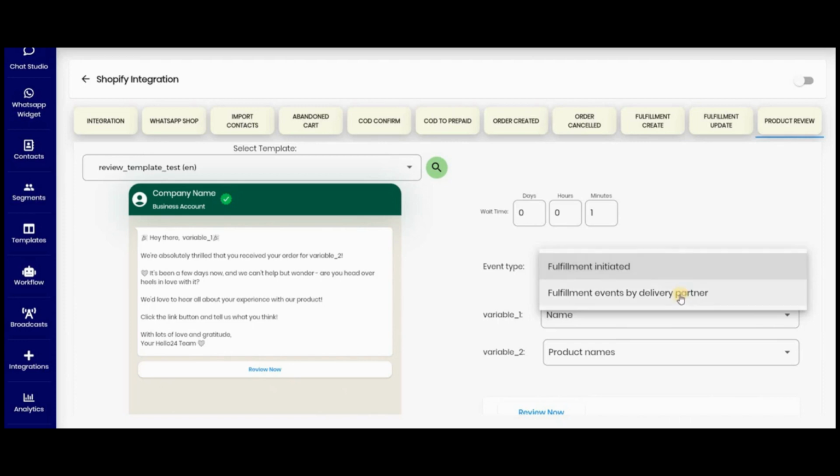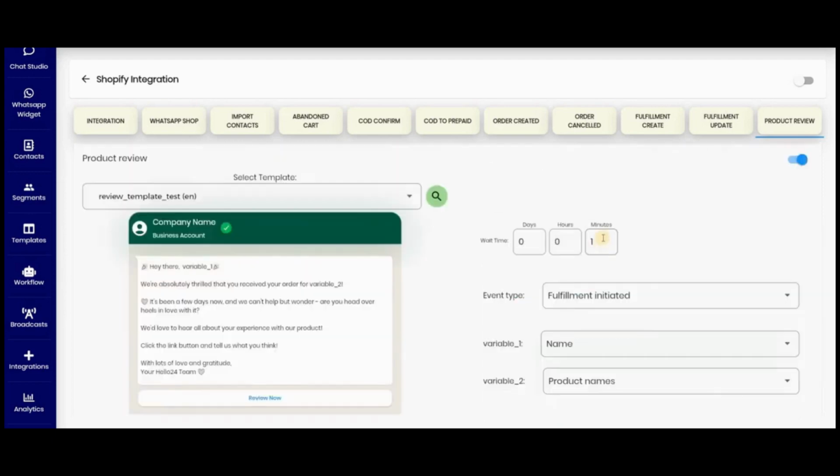So only after the delivery partner confirms the fulfillment of the product delivered to the customer's address, your product review message will be automatically initiated. For the time being, to test the feature, let's click on fulfillment initiated. Now again, we have put 1 minute here to test as soon as we update the fulfillment details